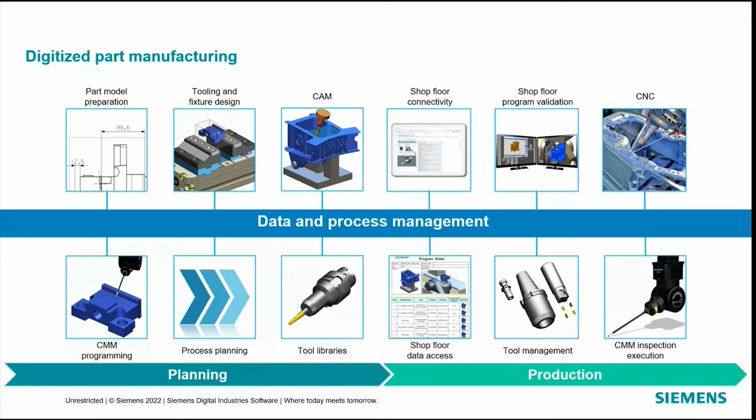And then you can move into things like process planning. You can go into more elaborate tool libraries or tool management with that. And then we also have a CMM execution product, which actually ends up driving the CMM directly, you could say, from outside of NX. So that's all part of the capabilities that tie together inside of automation through having that digital workflow, if you would, through part manufacturing.